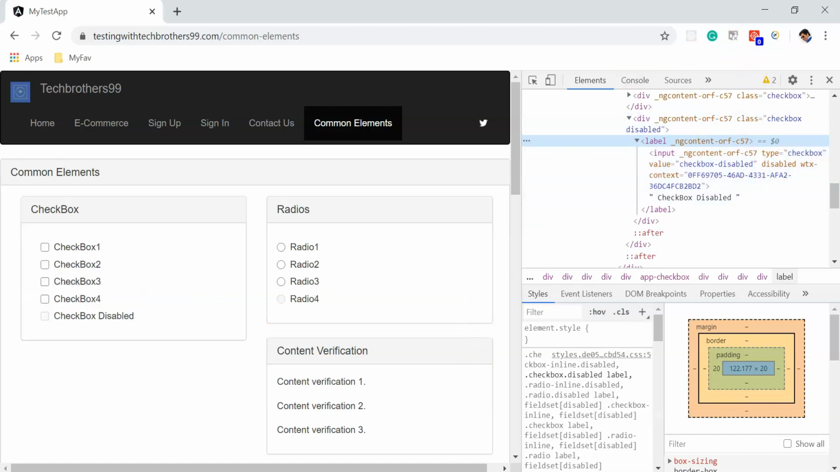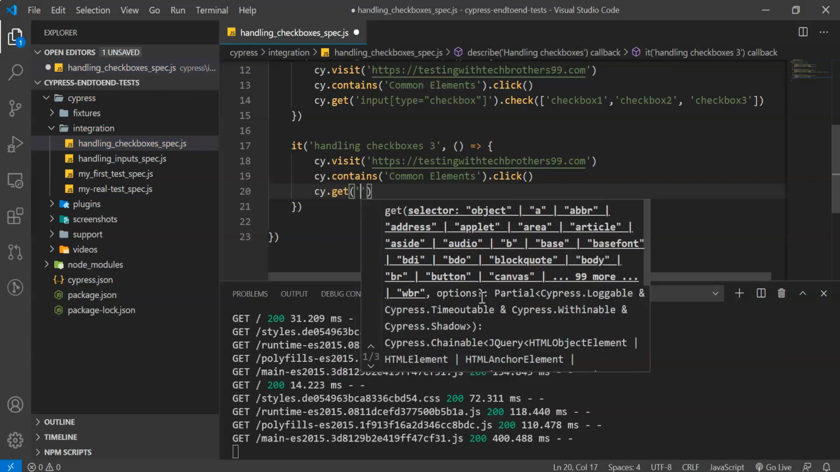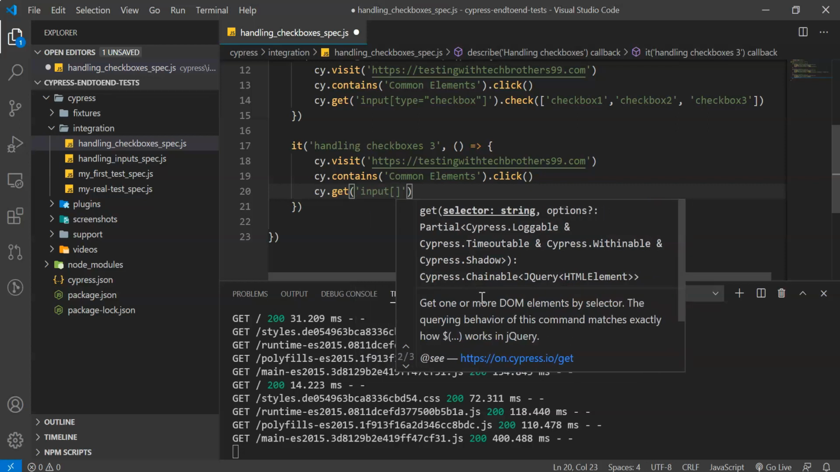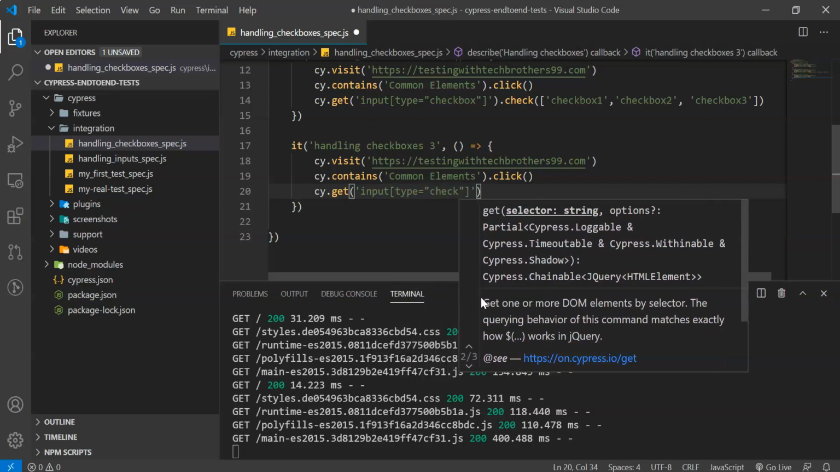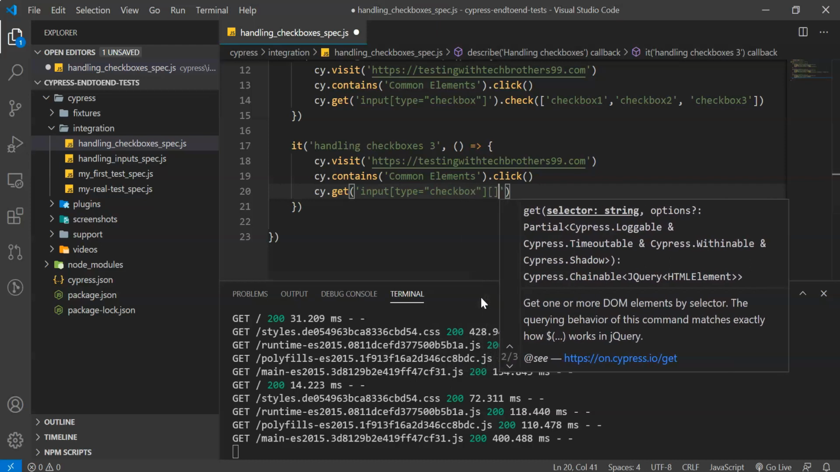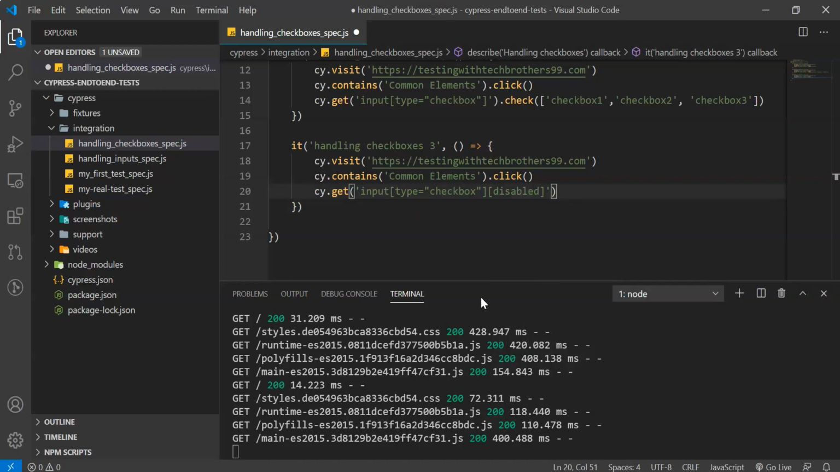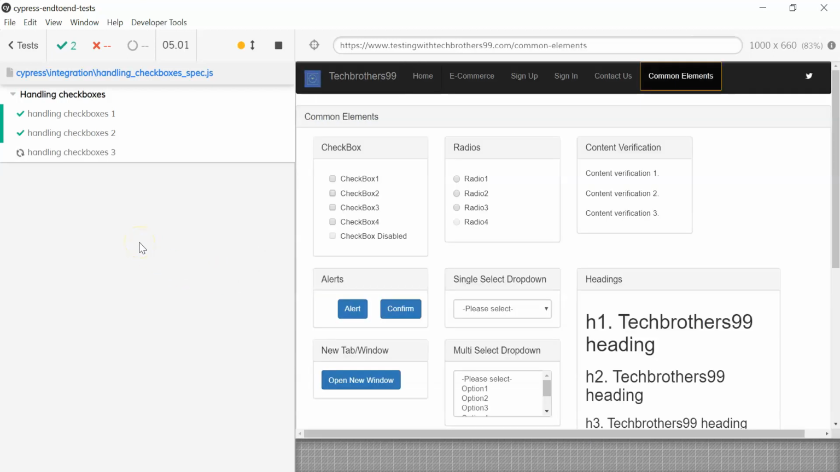So for that, cy.get, and input type is equal to checkbox, and then we have to pass one more attribute, disabled. Then you can check that element. Once we save this file, you can see in the third checkbox,